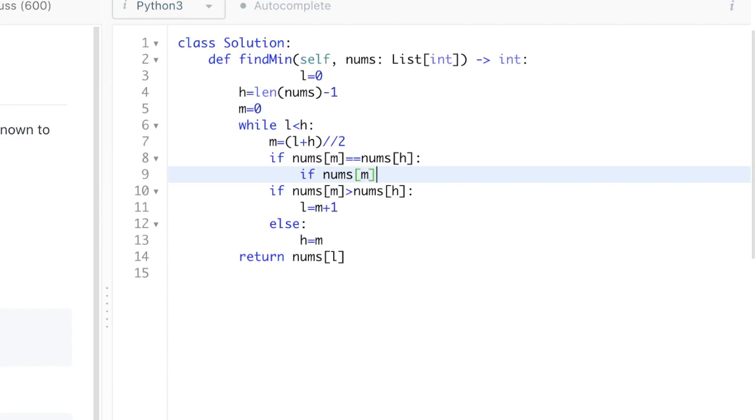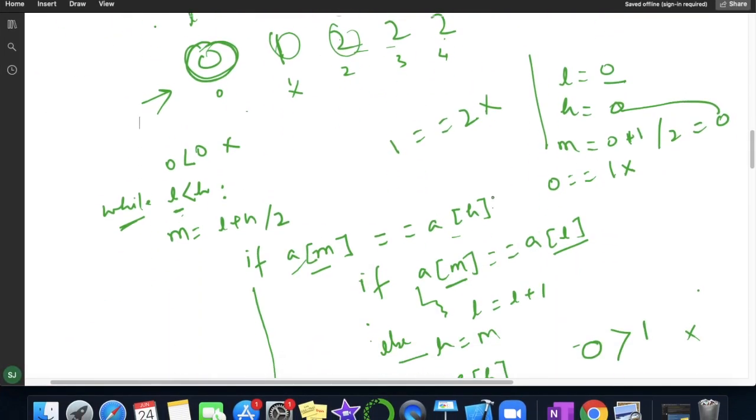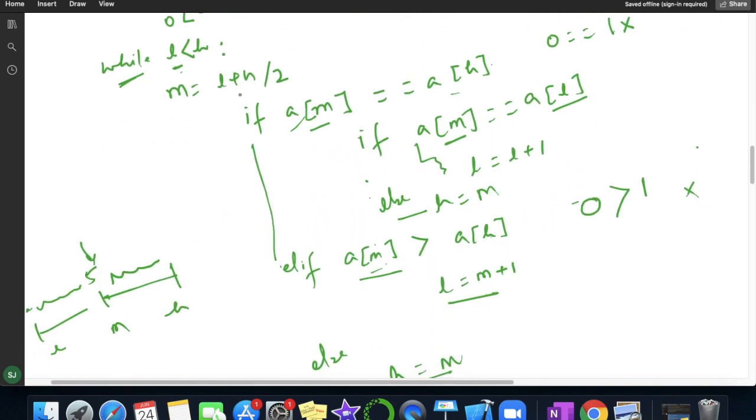Means if nums of mid equal to nums of low, in this condition we are writing this if condition. We are simply adding this if condition up to this much, and the rest is taken care of in our previous code. We will simply write this condition.